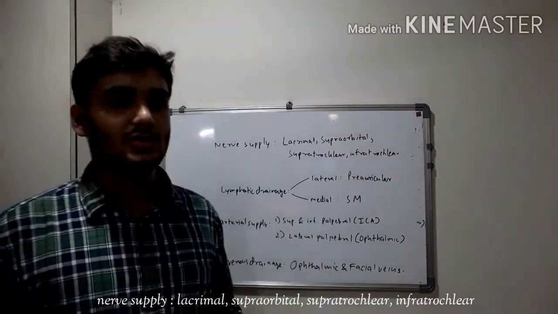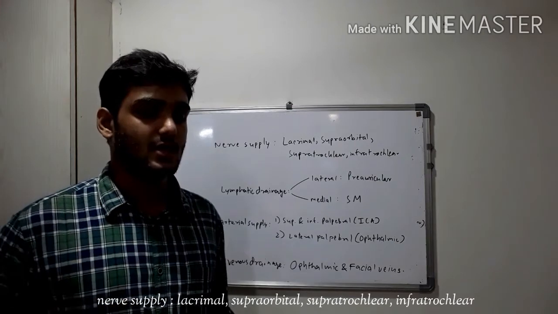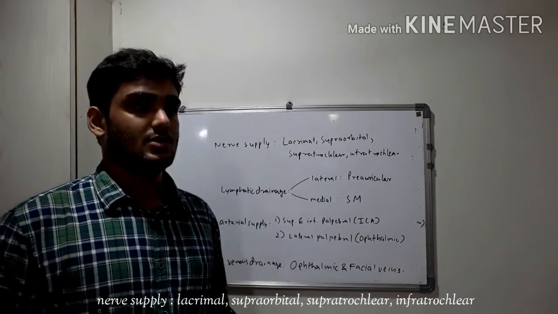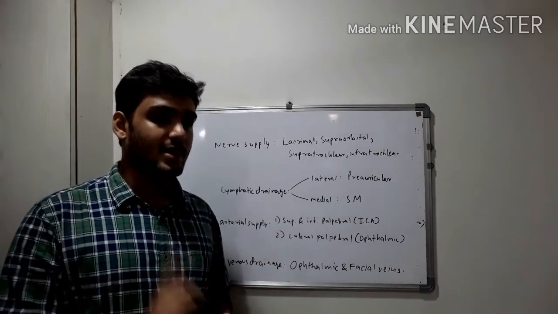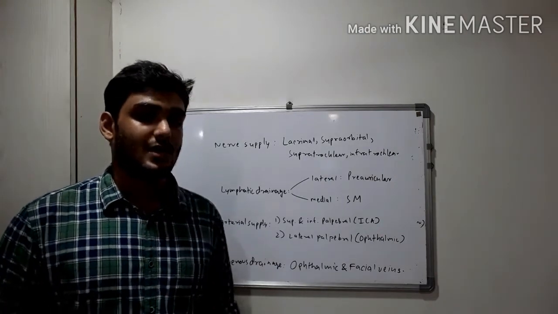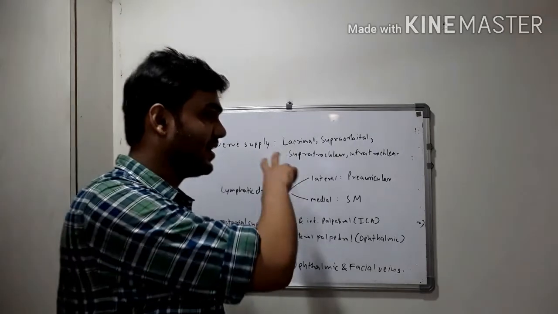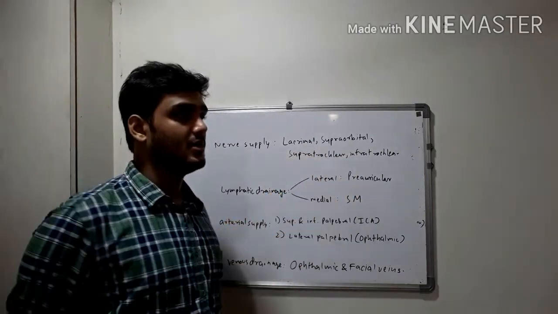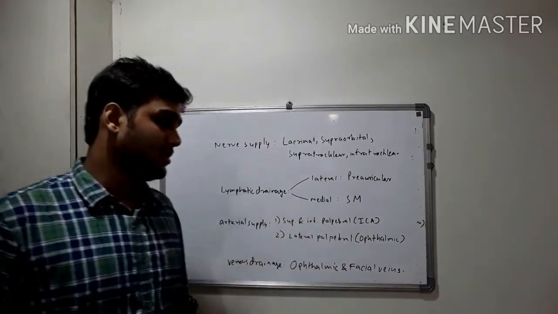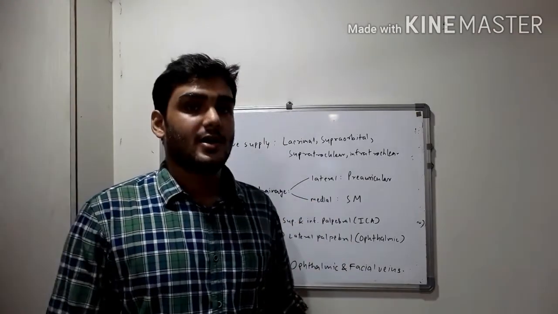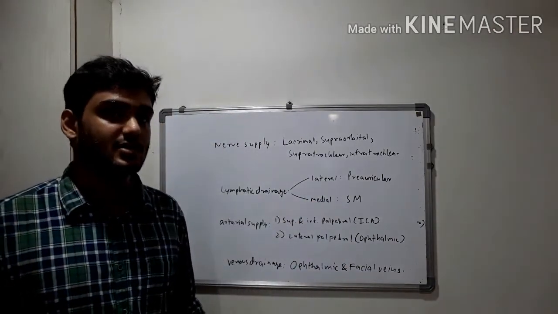Now, the nerve supply of palpebrae is by four nerves, going from lateral to medial. So, L for lateral, we have L for lacrimal, then supraorbital, supratrochlear and infratrochlear. Now, the two trochlear nerves are medial, they come together medially: supratrochlear, and the medial most is the infratrochlear. So, the remaining one is supraorbital, right? So, you can remember things like this.